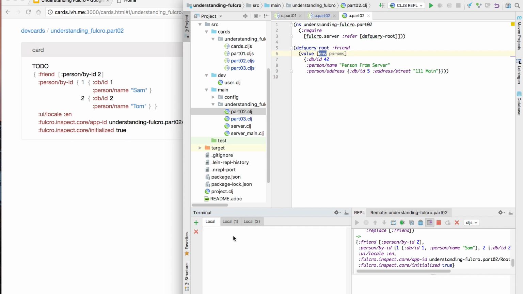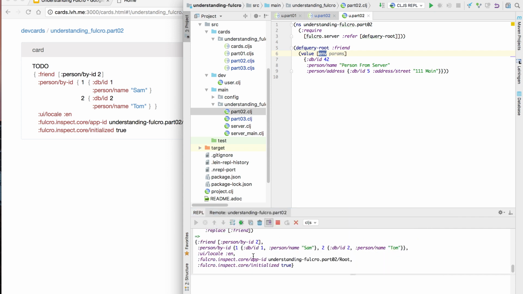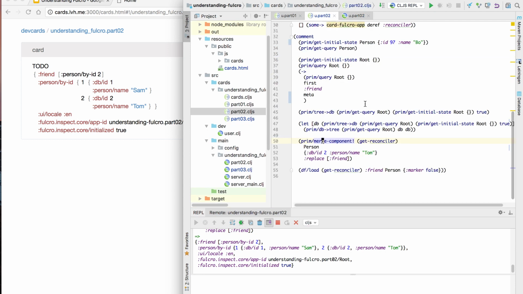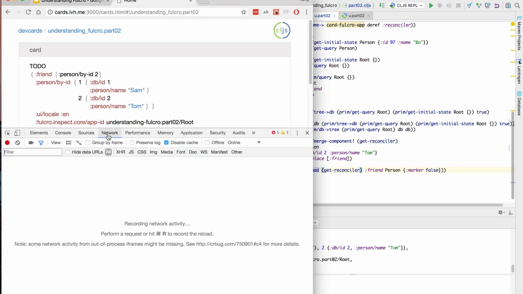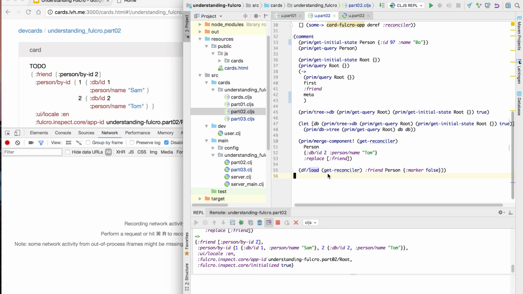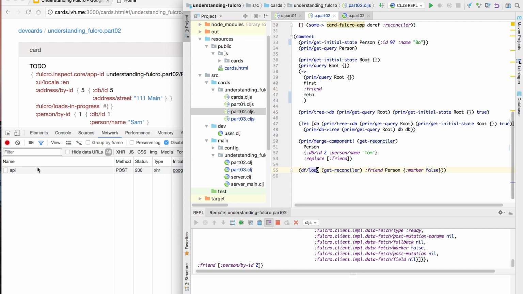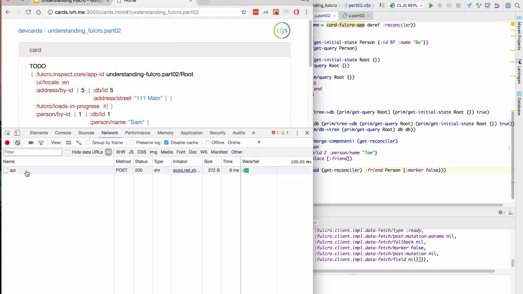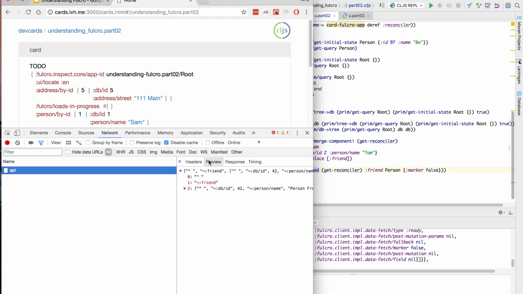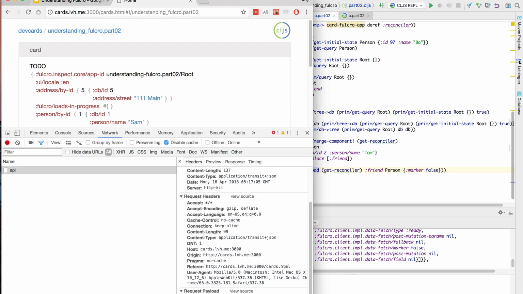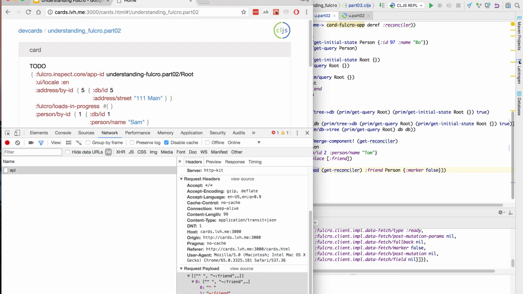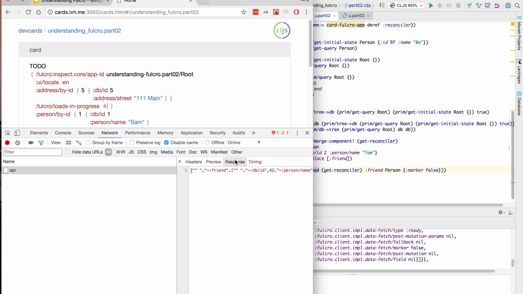Well, in a REPL. I just cleared the screen of it so you can't actually see it, but it's running there. And so if I go back to the UI and I run this load, let me open the network console so you can actually see it does some network activity. You'll see the API request. I could go into the details of this and see that it sent a transit query that asked for friend with DBI person name, and then it got a response in transit,